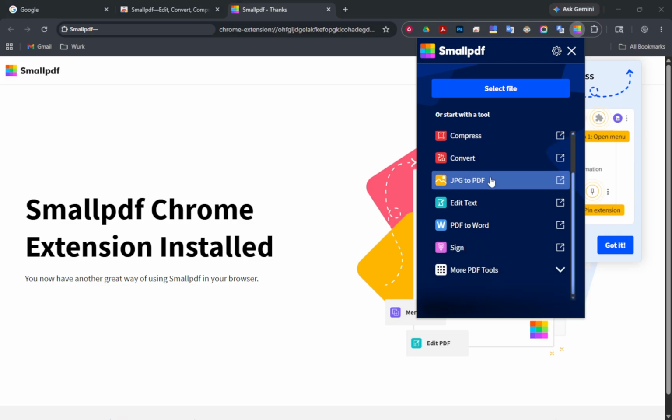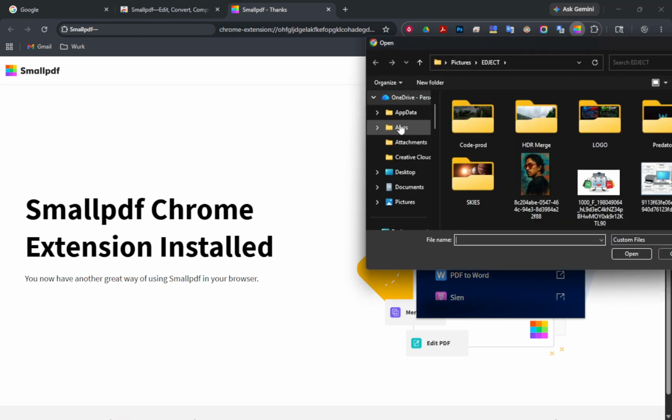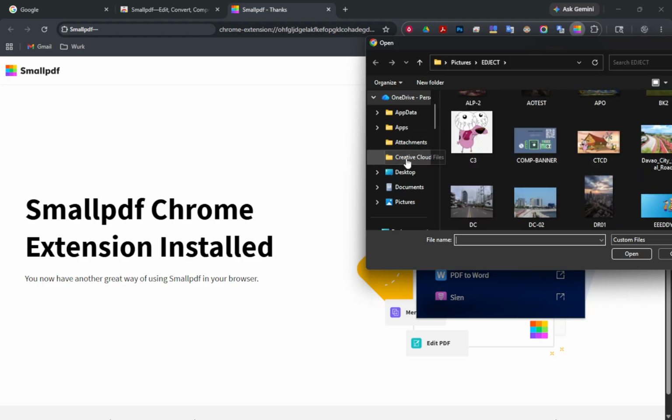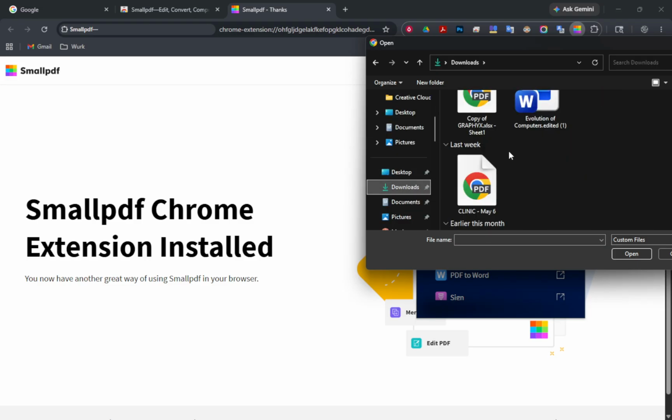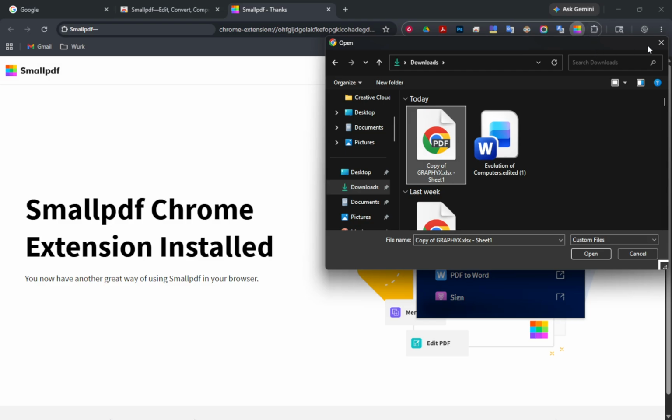With the extension ready, you can jump into everyday tasks right inside Chrome. Need to shrink a file before emailing it? Use Compress PDF to reduce the file size while keeping it readable. Converting files is just as simple. Turn a PDF into an editable Word document, convert tables into Excel, or transform slides into PowerPoint, all from your browser. If you're organizing materials, you can merge multiple PDFs into one clean file or split a large document into smaller sections when you only need a few pages.